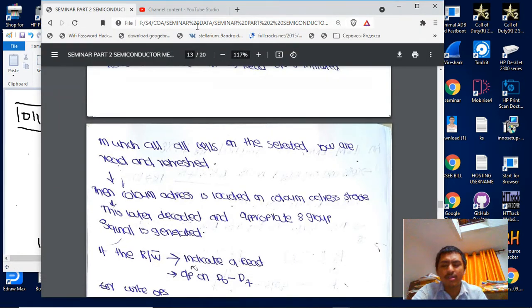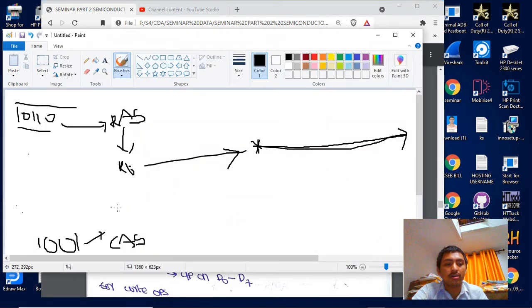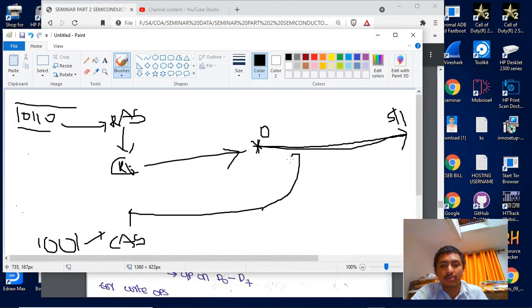I think we will confirm later. We load this here, and that is acknowledged by the column address strobe. It knows which row is selected, and among that row it selects the respective column. There will be 0 to 511, and it knows this column is selected. If I want 49, it will take the 49 from the selected row. This byte will be selected, and I will get this byte as output.